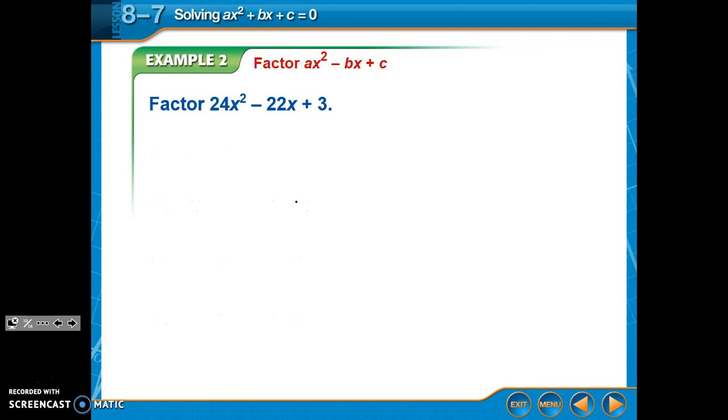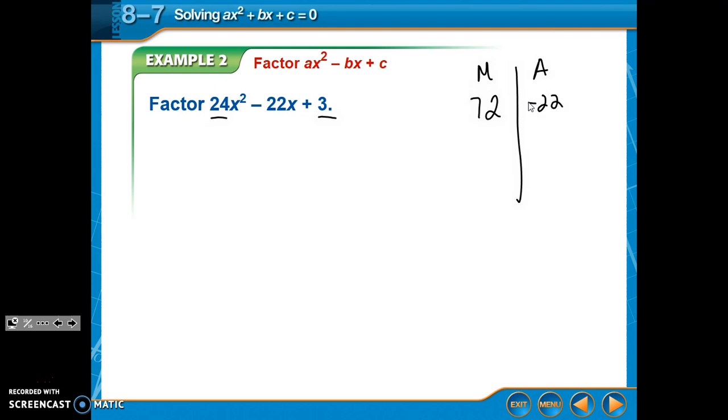Okay, example 2. So remember, we still want to look and see if there's a greatest common factor. That's always our first step. In this case, there's not. So we're going to do our AC method. So I'm going to do A times C. 3 times 24 is 72. So I want to multiply to 72, and I still want to add to my middle number, which is